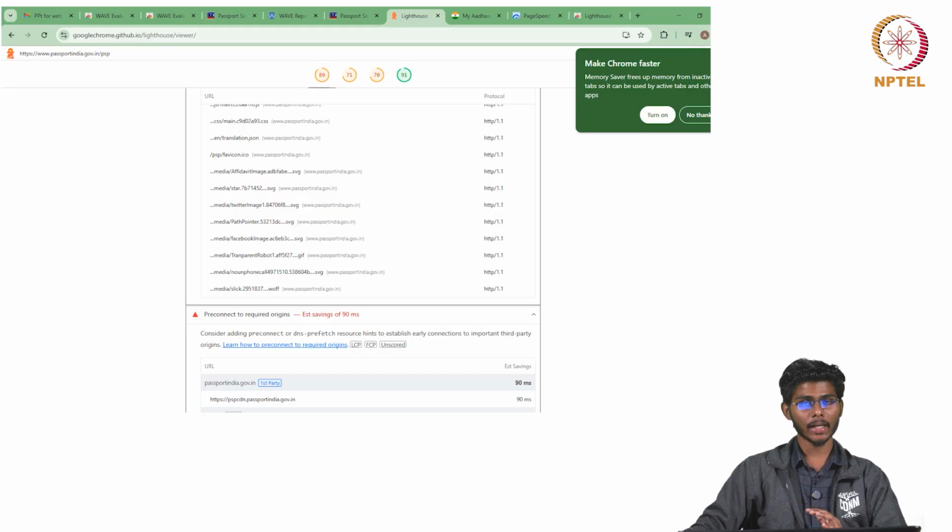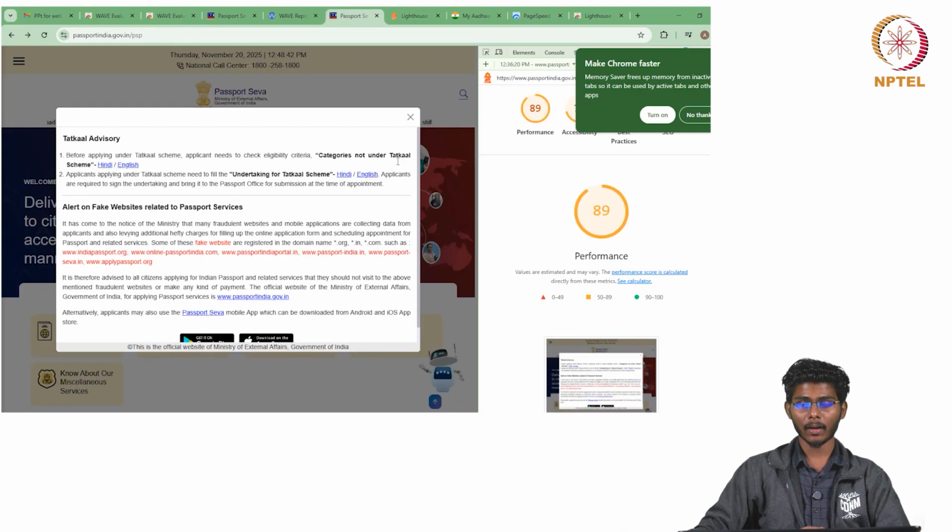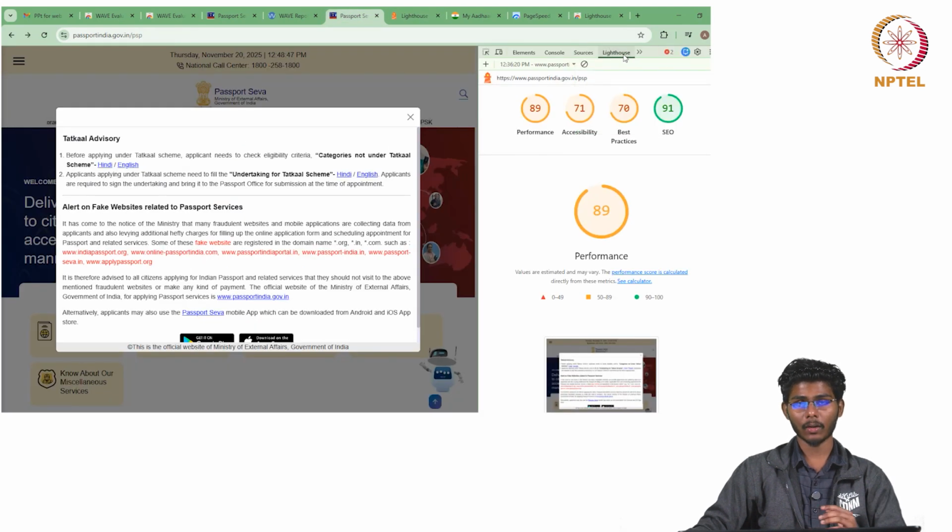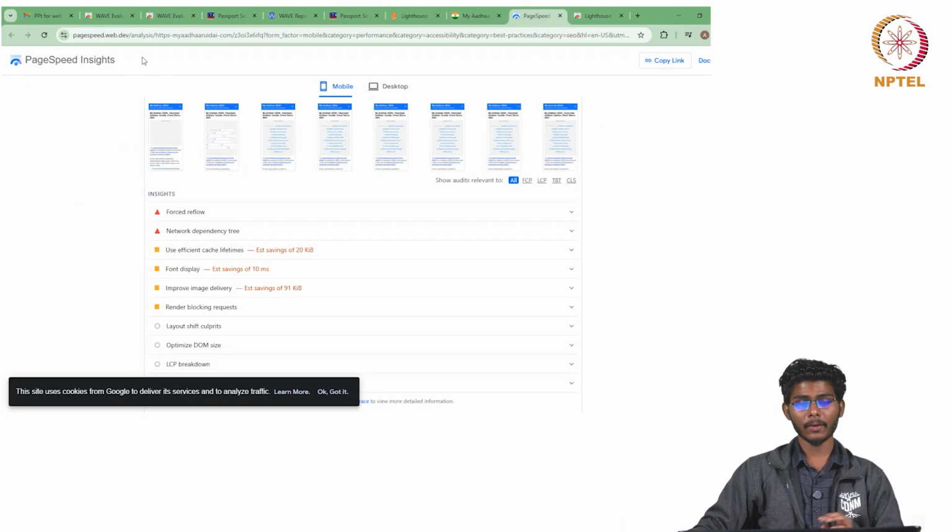So you can use any of the methods, either as an extension, or from the Lighthouse section which Google has installed, or by default it is actually there in the inspect section, or on pagespeed.web.dev.